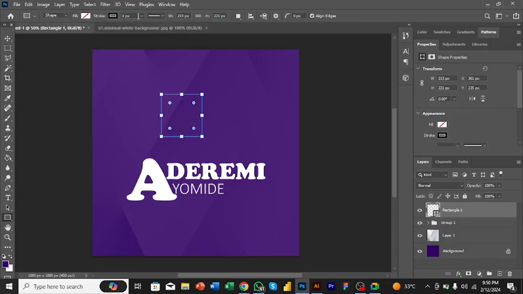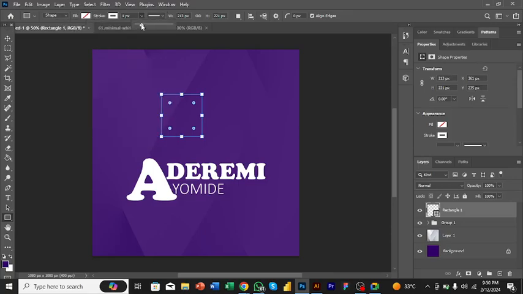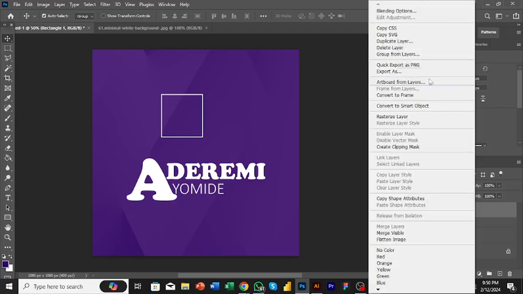So I want to stroke it by using white. Let me use color white. Yes, then I want to increase this. It's too much, it's too much. Let me use 3. Okay, let me use 4. I think that's fine. So if you want to duplicate your image, you can just come here, duplicate